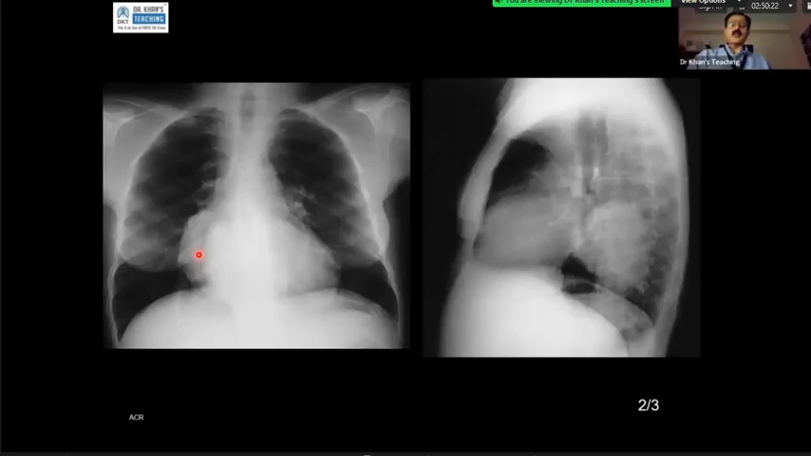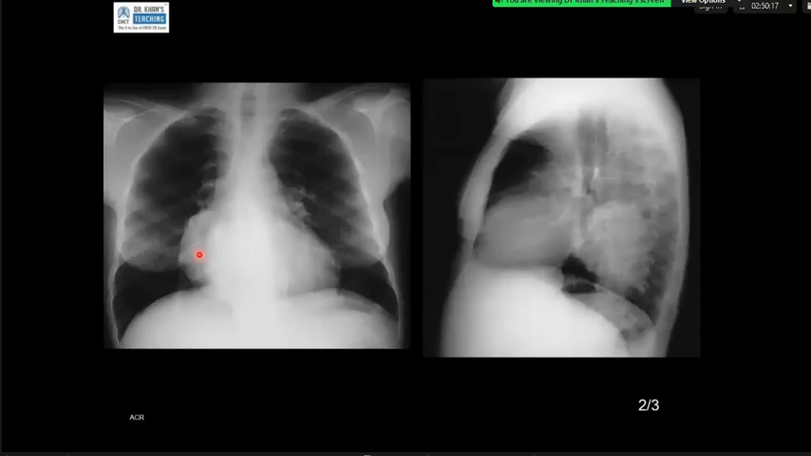I've given you a lateral view. What are your comments on the lateral view? I can see a posterior mediastinal well-defined lesion, with loss of the lower black sign. This is posterior mediastinal. The differential diagnosis will be extramedullary hematopoiesis